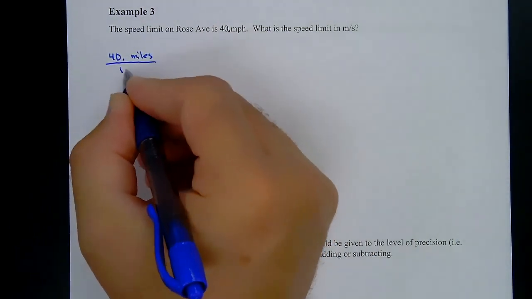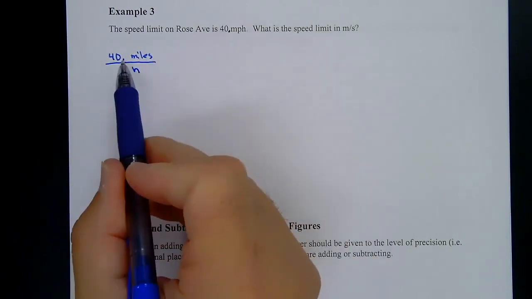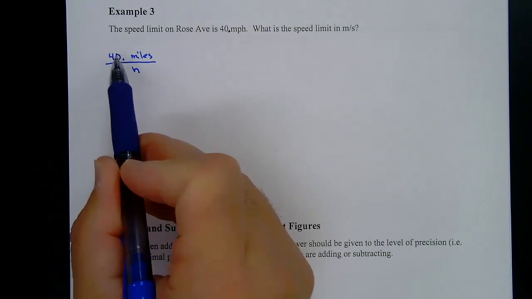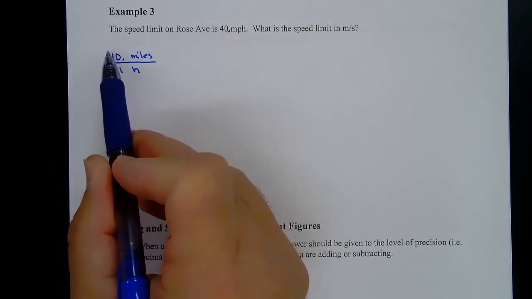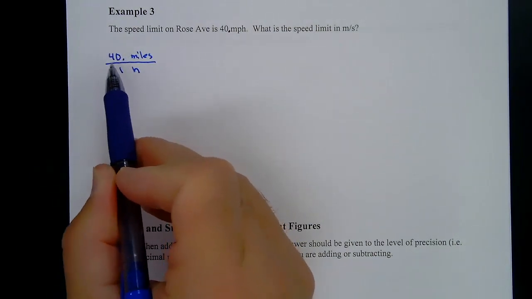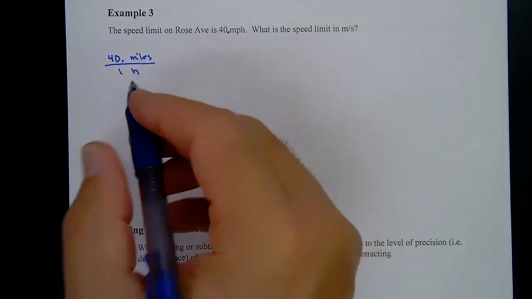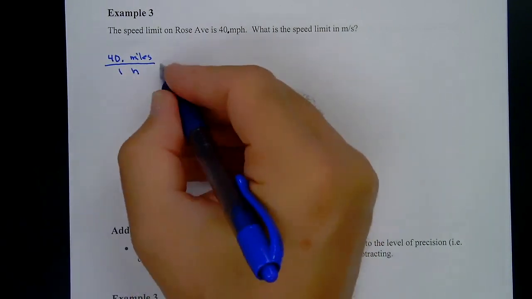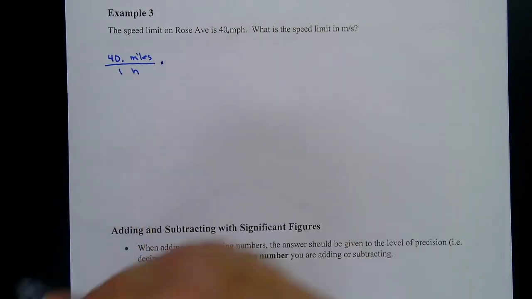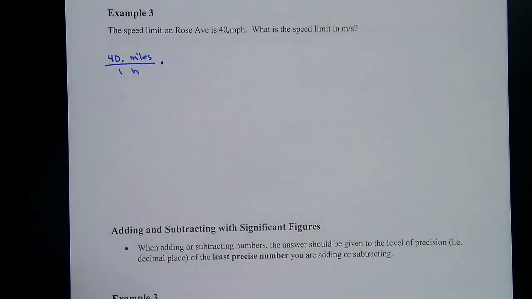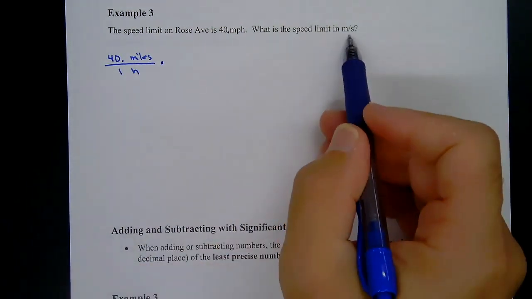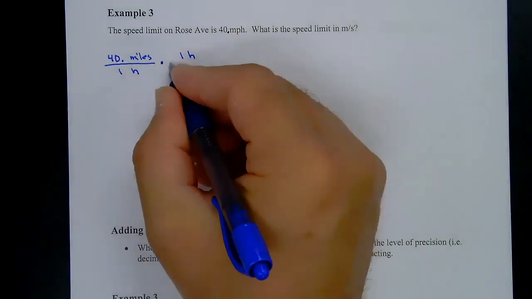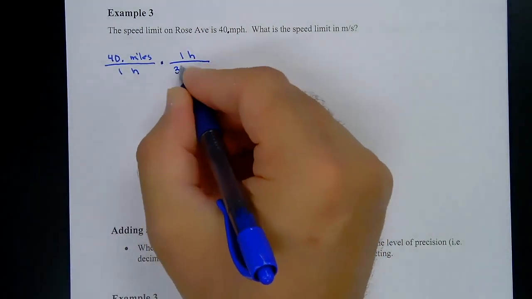over 1 hour. Now that point right there tells me that I count this trailing 0 because there's a decimal place. So this has 2 significant figures involved in it, okay? So this has two significant figures. This 1 hour is exact, okay? So then times, all right? Now we want to convert to seconds because we want to get to meters per second. So I know 1 hour is the same as 3,600